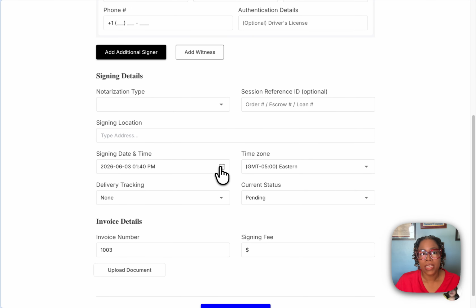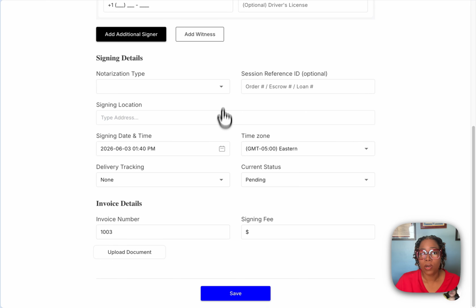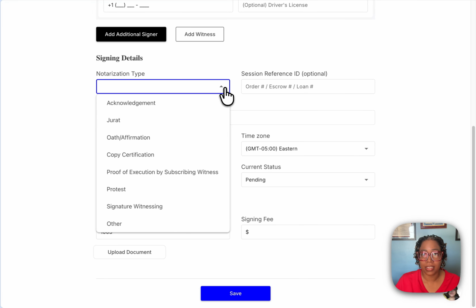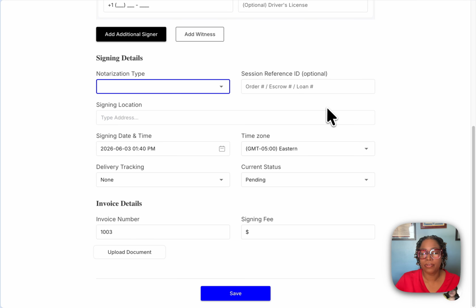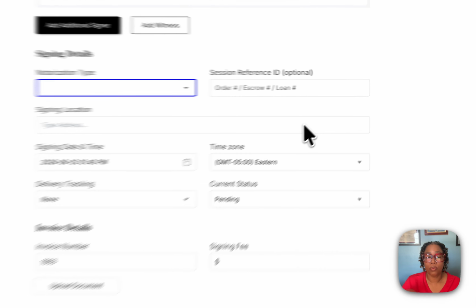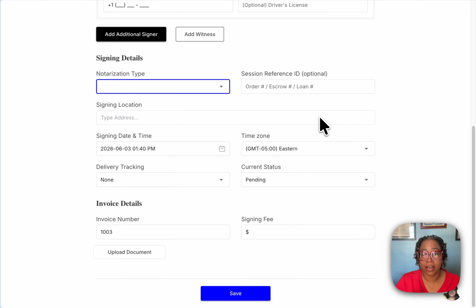Moving down, we can add the signing details. What type of notarization was this? Was there any sort of identifier for this session? The document number, for example, if there was a number on the document that needed to be referenced. You can put the signing location, where you physically met this signer when you signed the document, the date,